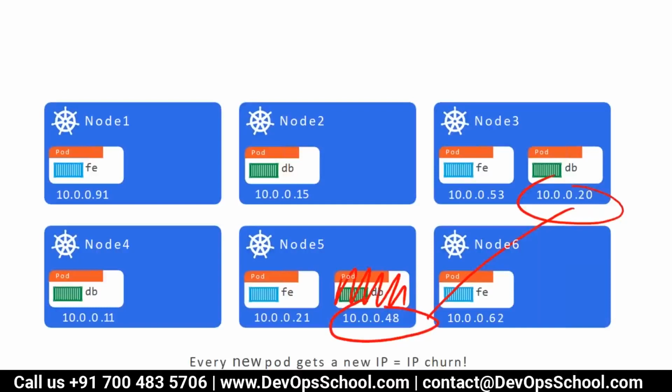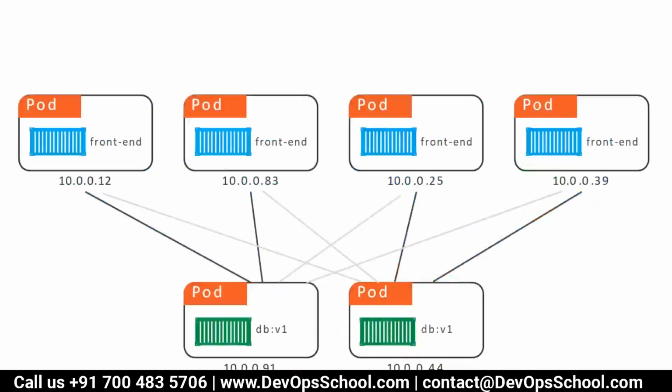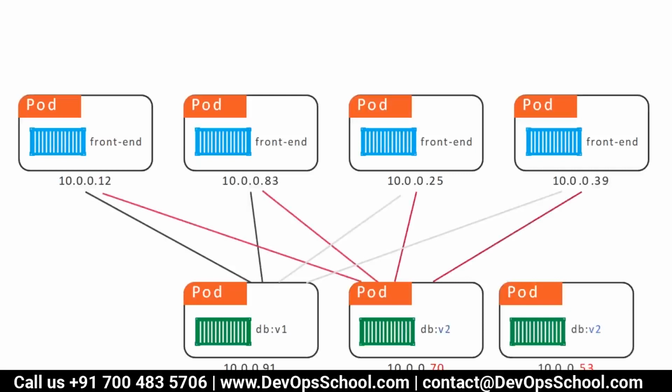And the question is, which front end will talk to which back end? That is the question. Because you have a front end running on different nodes, and back end running on different nodes. Which front end will talk to which back end? Because there are 2 back ends and 4 front ends. Now the next problem is, when you